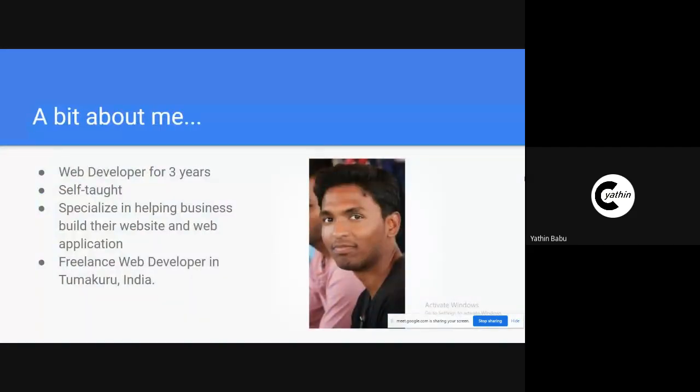A little introduction about me before getting started. I have been working as a website developer for the past 3 years, and I have worked on quite a few industrial web applications, like ones regarding GST billing.